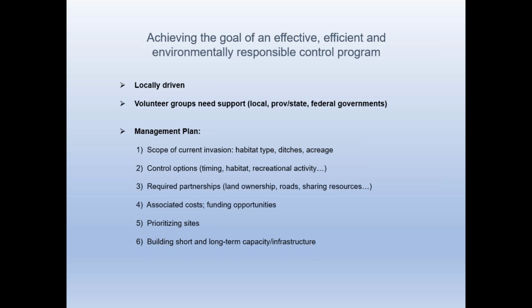The other key piece is just having that plan. So making sure that you're not just focused on one small area, but the bigger picture of where you're dealing with, and bringing in those partnerships, those different landowners, and working together collaboratively, and dealing with the problem with all different options as best you can. Prioritizing where you're working, of course, and sharing the cost burden, but building into that short-term capacity and the long-term